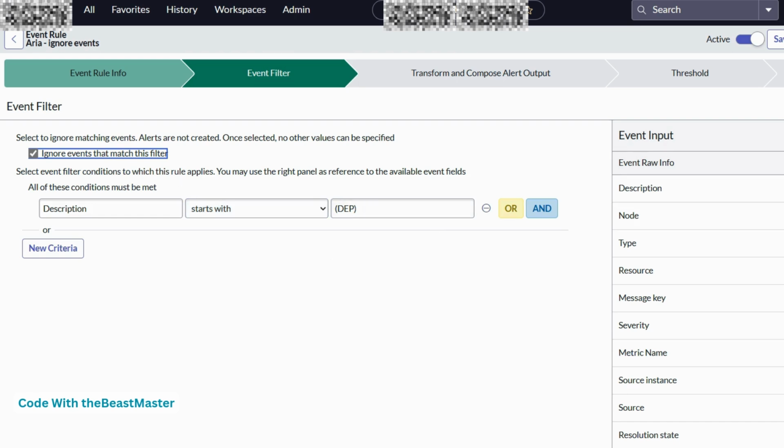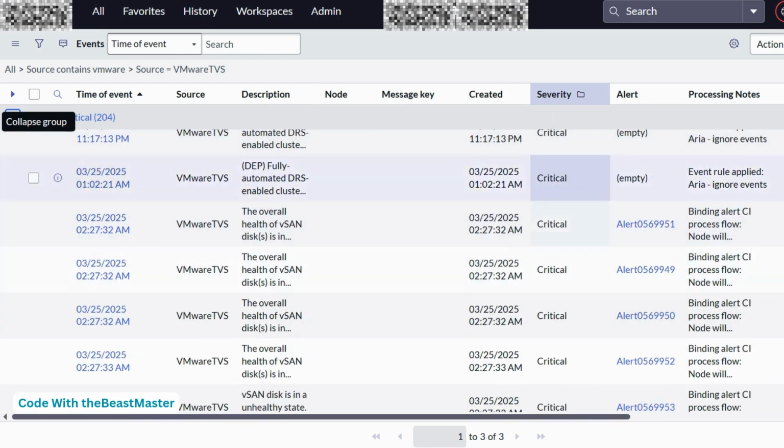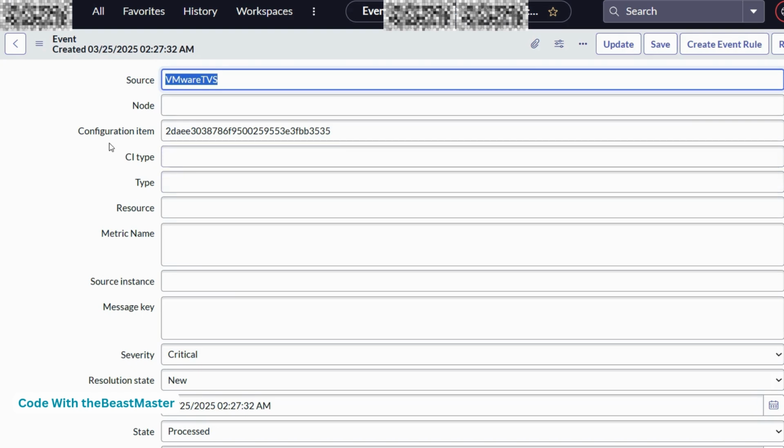Now the second part comes into the picture where the alerts are actually being created. So let's take a look at one such event. The reason I said this is a simple event is that we are getting the CI ID as part of the configuration item field, and this CI ID was sent by VMware ARIA itself. There's nothing we have configured on the ServiceNow side that populates this field after the event is created, because the way that integration works is VMware ARIA already has read access to the ServiceNow CMDB,